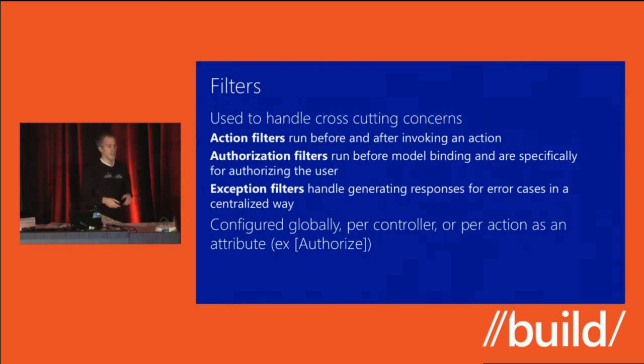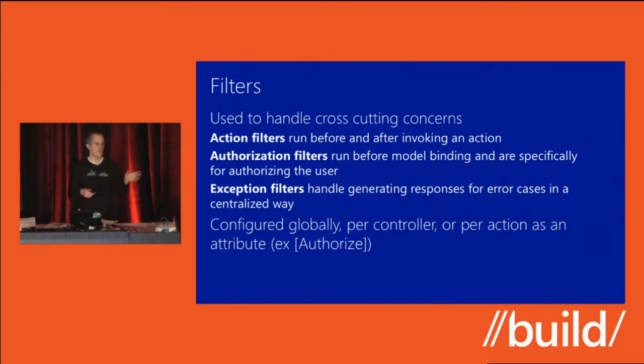The second kind of filters are authorization filters. And if you're familiar with MVC, these concepts should seem similar. These are different filters than the MVC ones, and some people get tripped up by that. The reason why they're different is because they don't have a dependency on System.Web. They're using the new HTTP programming model, not the old intrinsics. So that's why we have two different filter models, but they should feel really similar and they operate in the same way. Authorization filters run earlier in the pipeline.